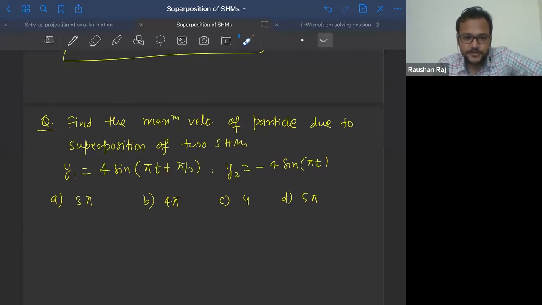Okay, 4 root 3 pi. Vismay is saying option B. Let me see some of you. Chetan HR, good to see you, bacha. What is the answer? Purvam, what is the answer? Okay, B. Chetan, what is the answer? Okay, B. Gopal Krishna, what is the answer? B. Abhishek Patil, what is the answer? Okay, very good. B.